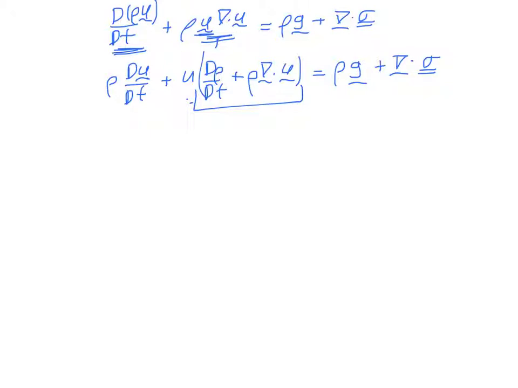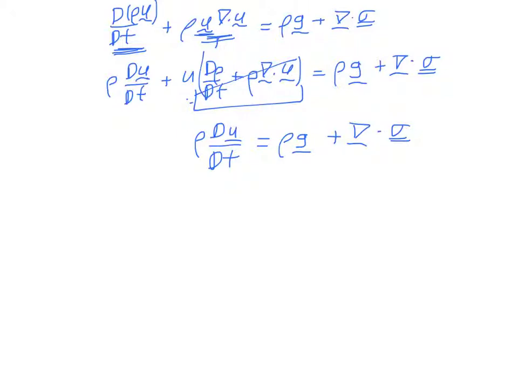So we can safely assume that's not going to happen here, and this whole term can disappear, and we end up with a momentum equation in its most general form, which is rho times du/dt, total time derivative, plus the body forces, plus the stress divergence. And that's where we're going